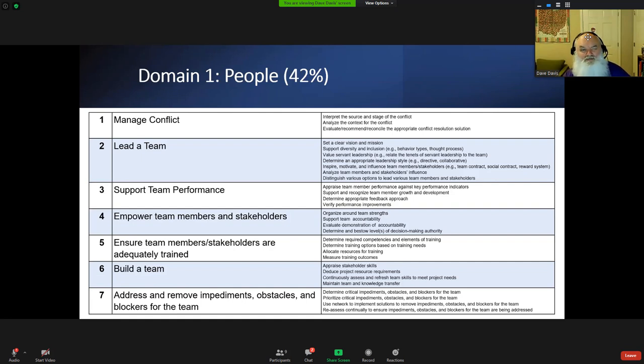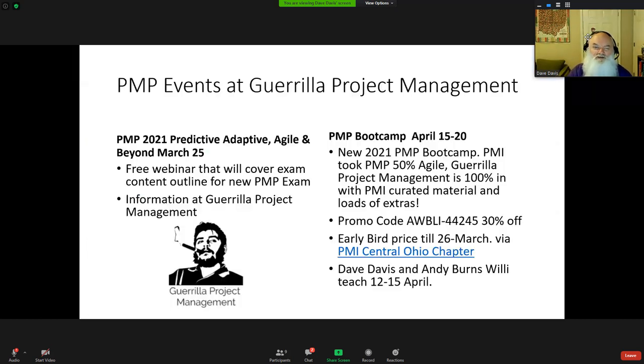But the idea here is you have these tasks, and then you have enablers that support the tasks that fall within the domain. And I think in people, there's like 16 tasks, and in the next one, process, I think there's 18, but then under the business, there's only like 4 tasks. I don't have these numbers memorized, so please don't write them down and say, Dave, it's only 12, not 14. But this gives you an idea of the structure. So the structure of the PMP is, again, congruent with the structure of the PMBOK Guide, and working on those, moving forward on this idea of people, process, and business.